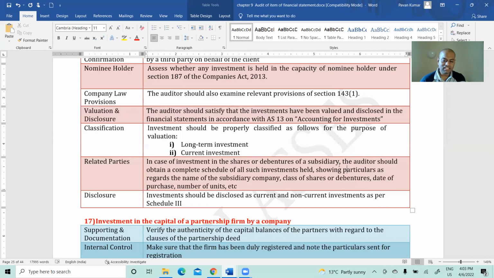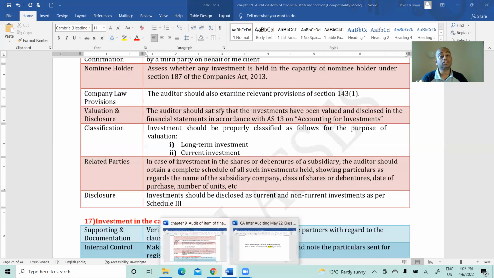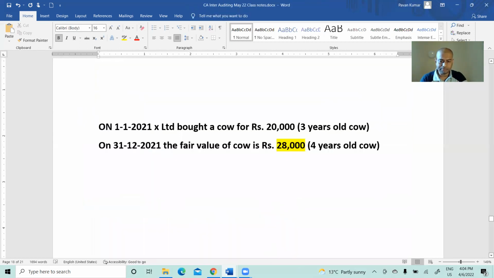Okay. So non-current investments as per Schedule 3, you have to disclose it. That is also fine. Now, if it is already holding, that is an exception. You cannot buy now. If it is already holding, that too is subject to certain terms and conditions. So before the introduction of this Companies Act 2013, if a subsidiary company was already holding shares in the holding company, then some extension is allowed.